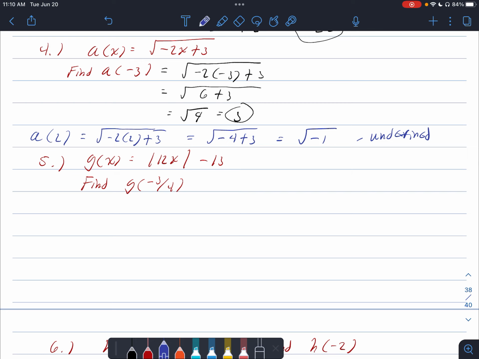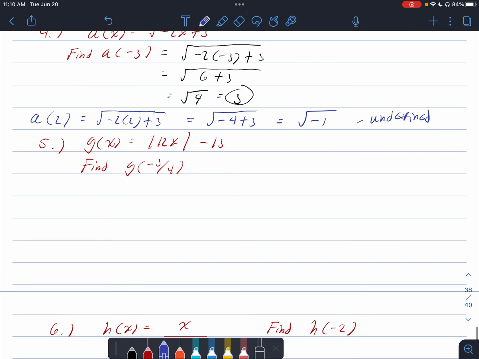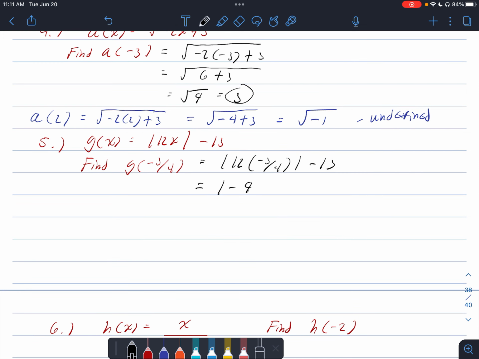Okay, let's take a look at this one. We have g of x is equal to the absolute value of 12x minus 13. All right, so we have g of negative 3/4. So we're going to plug in negative 3/4 wherever we see x. So this will be the absolute value of 12 times negative 3/4 minus 13. Okay, 12 times negative 3/4, all right, that is going to be the absolute value of negative 9